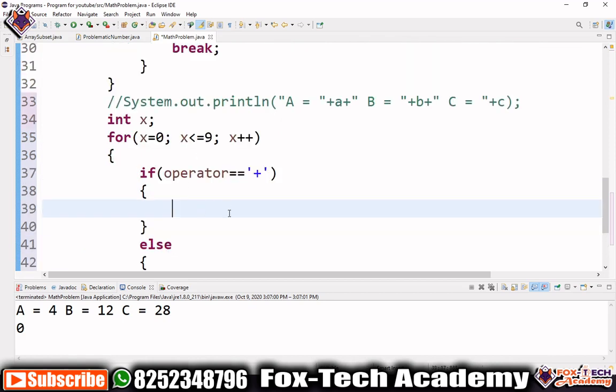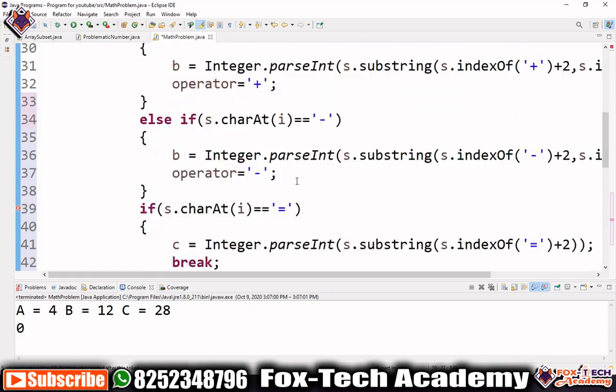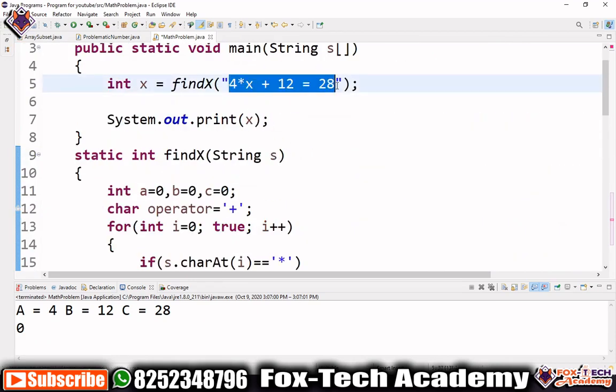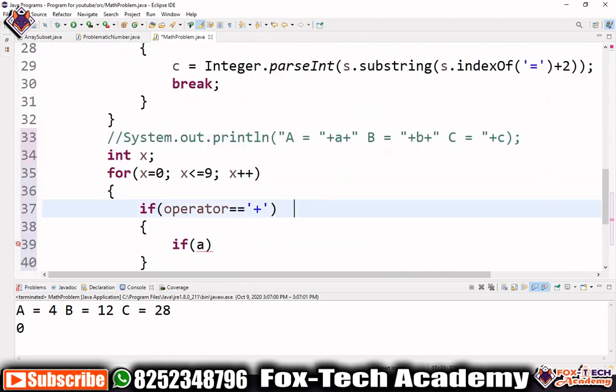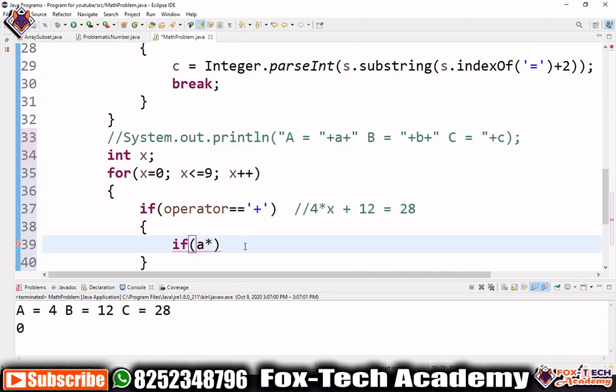If our operator is plus, then we will check if a into x, let's see what our expression is. It is a into x plus 12, which is b, equals 28, which is c.